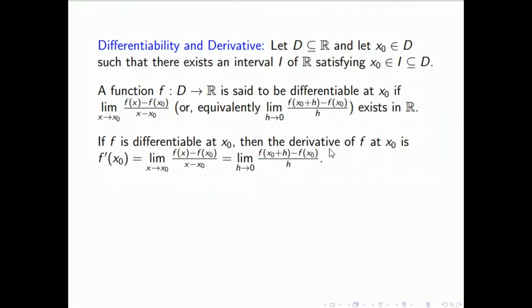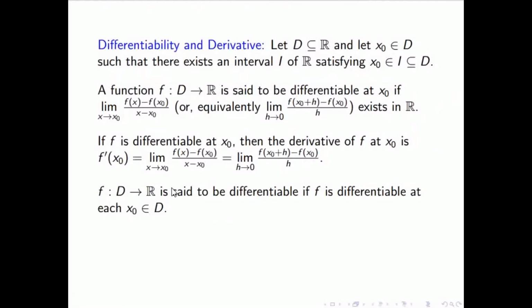So if it is written that the function is differentiable at x naught, that means its limit already exists. Then we can write that the limit is nothing but f dash x0. The geometric interpretation is the tangent slope at that point x naught. And if the function is differentiable at all points of the domain, then we will say that it is differentiable in the whole domain.